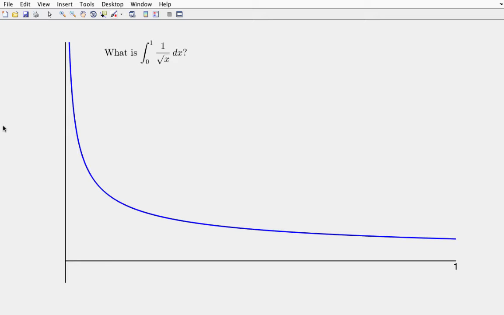If we consider it in the standard case of our Riemann integration, we might partition the interval from 0 to 1, except that 0, which must be a partition point, is not in the domain of 1 over the square root of x. In other words, 1 over the square root of x is not defined there. Even if I were to define my function there, let's say to be 0, the supremum over the first non-empty partition is always going to be unbounded or infinite. There's no way then